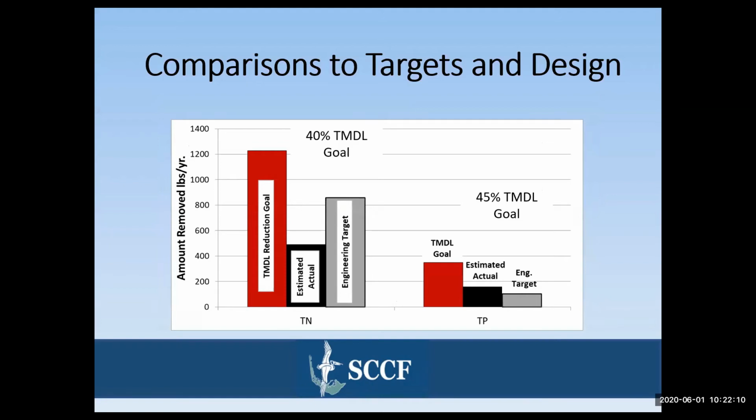So the goals for the TMDL for the Sanibel Slough were a 74% reduction in phosphorus coming into the slough and a 54% reduction for nitrogen coming into the slough. Those are pretty big reductions. So we had pretty big goals. And this project, the Jordan Water Quality Filter Marsh Project, we had hoped that we would get some significant reductions in the amount of nitrogen and phosphorus for the Sanibel Slough so that we could apply those towards the